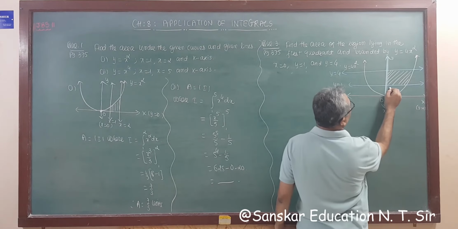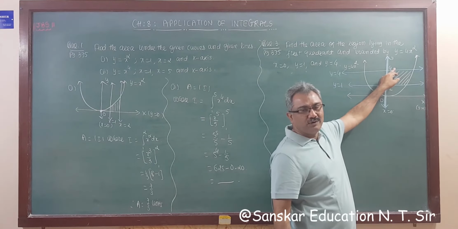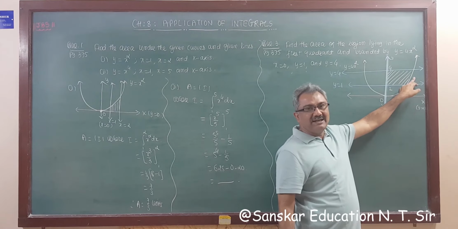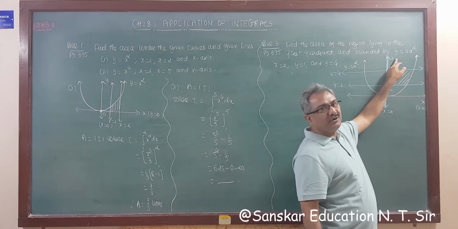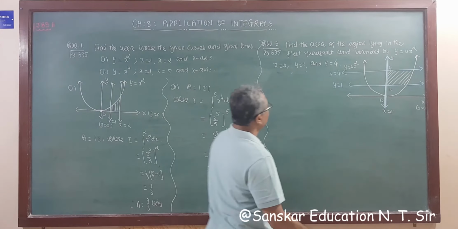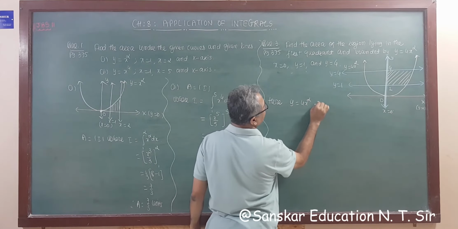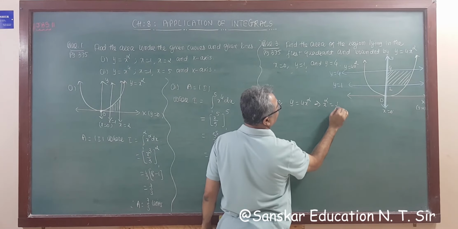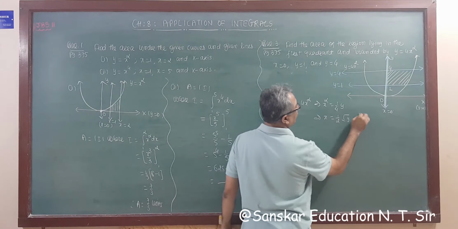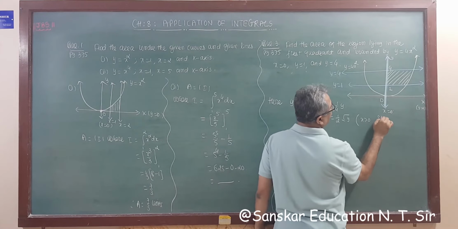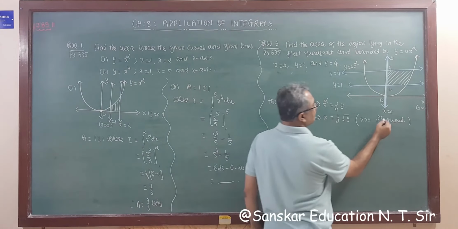Okay, and this is 1 and this is 4, right? So what is the limit? 1 to 4, and the curve is this. So we need x dy, so we have to make x the subject, that is 1 upon 2 root y, right? So here y is equal to 4x square. This implies x square is equal to 1 upon 4y. So x is equal to 1 upon 2 root y, because x greater than 0 in the first quadrant.